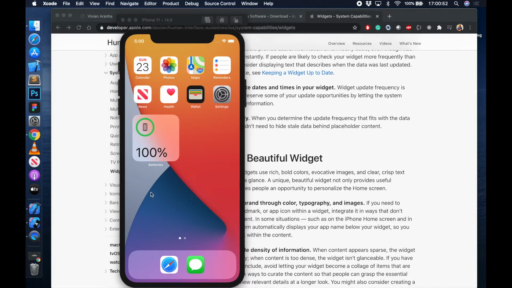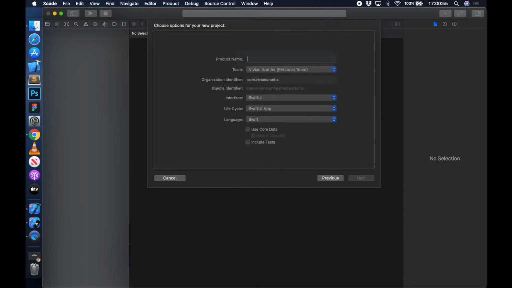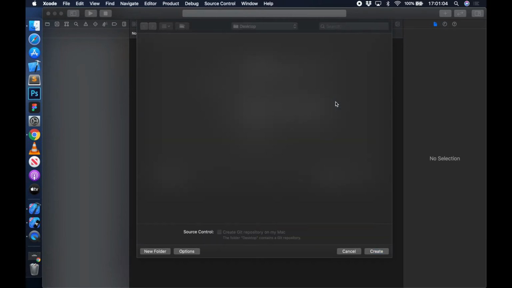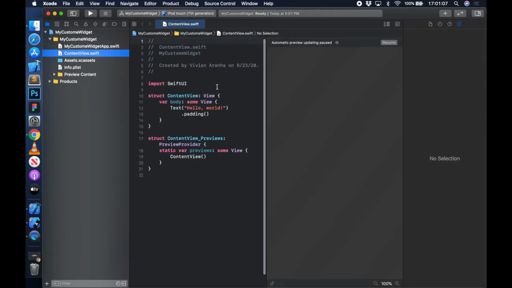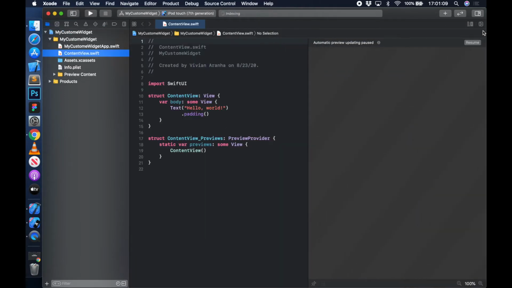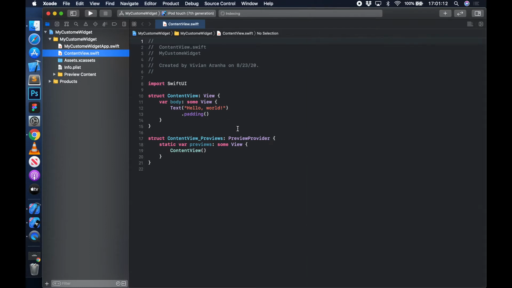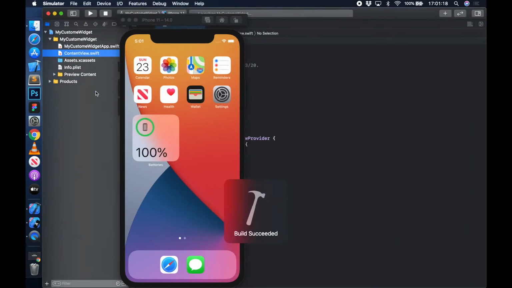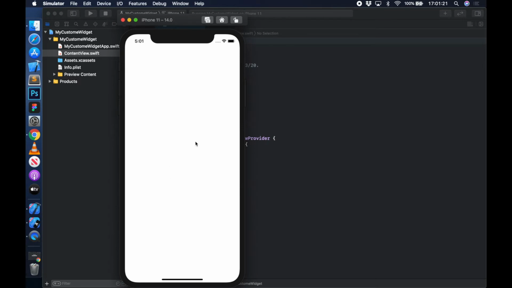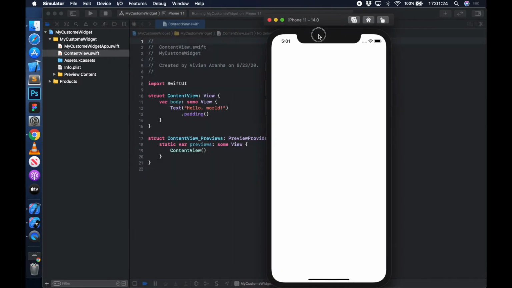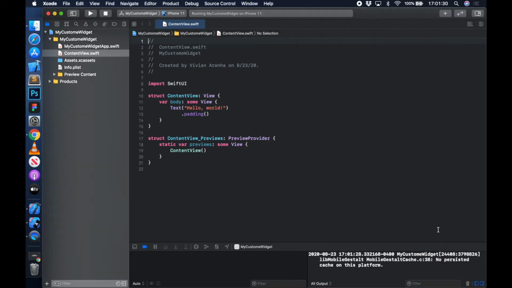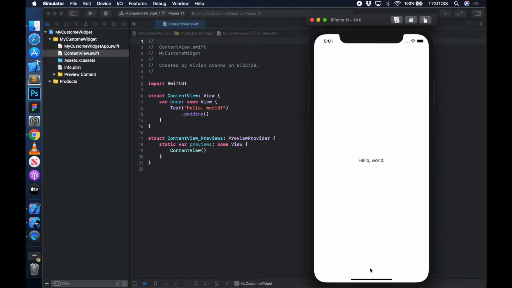So I can go to my Xcode and create a new project. I call it My Custom Widget. You can keep everything as it is because it's going to create a separate target for it. So to create widgets, let's get rid of these things. I have this Hello World project. If I run it on my iPhone 11, which I already have running, it looks like an iPhone 11 app, which will have Hello World displayed right in the center. It's still loading. Okay, just close this message here and close this.